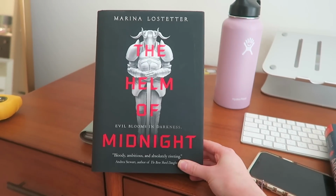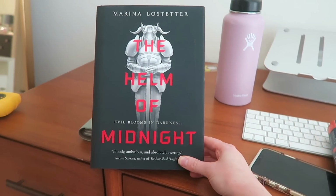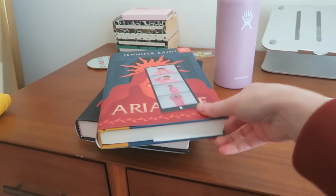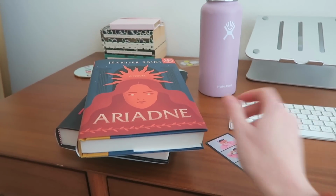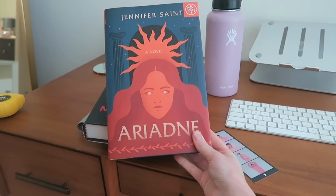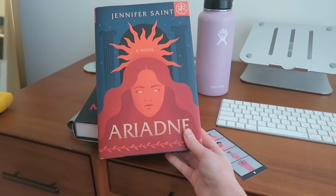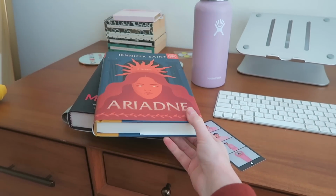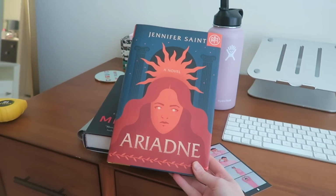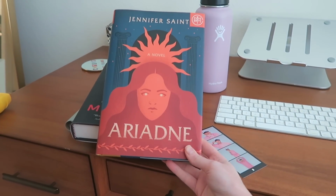I'm just really wanting something a little dark, a little grim, a little gruesome to get me into the fall spirit. And then the second book, let me move my bookmark, is Ariadne, which is a Greek mythology retelling. As I mentioned in my TBR, I've just been kind of craving some lyrical retelling stories. So if I finish Helm of Midnight, I plan to pick this guy up and start it by the end